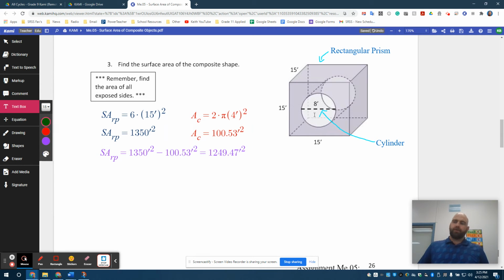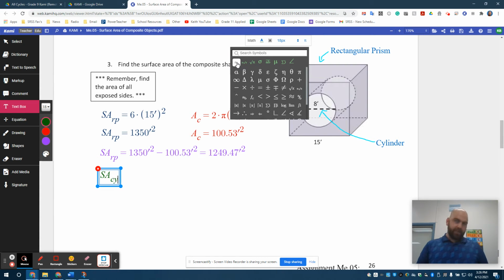Now, the cylinder. Here's the tricky part about the cylinder: this cylinder actually does not have a top or a bottom. Those are empty spaces, so there's no surface area. So the only part of the surface area that we are going to find is the lateral area of our cylinder. And so the surface area of a cylinder, if we put that in there,